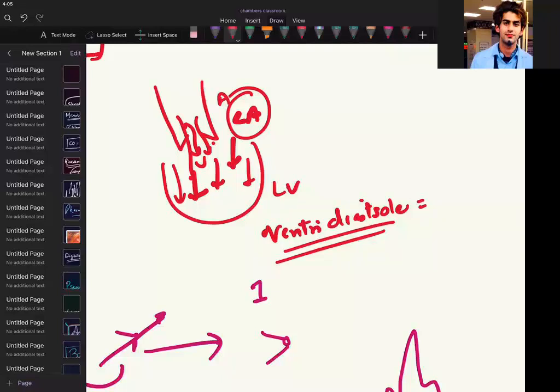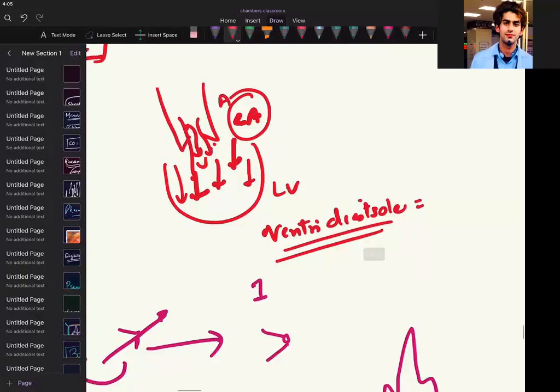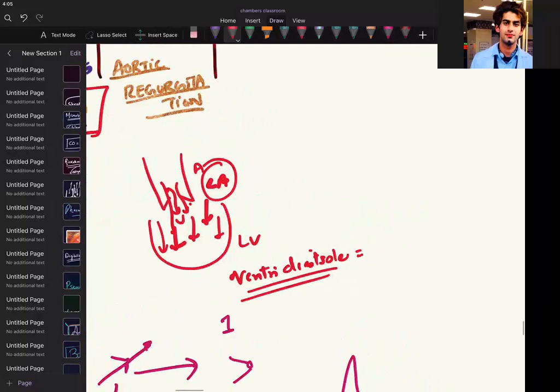Should it flow into the ventricle during diastole? No, sir. Aorta to ventricle, no. But atrium to ventricle, yes. So now what will happen? There is a collapsing. That's why we say collapsing pulse, isn't it? The blood which should ideally reach the aorta is not reaching. That means midway it is coming back. That means it is collapsing.